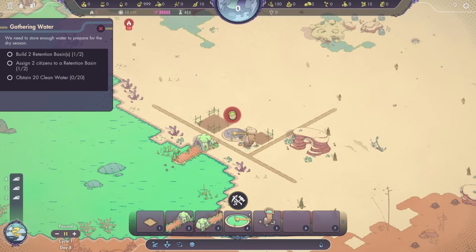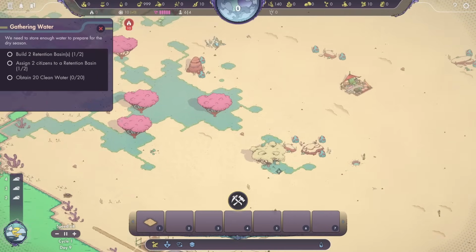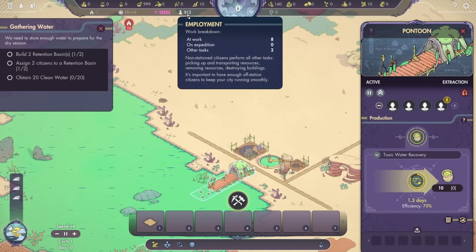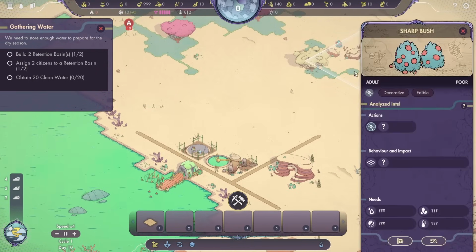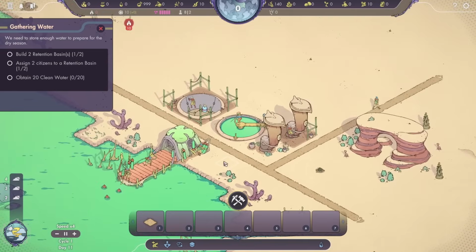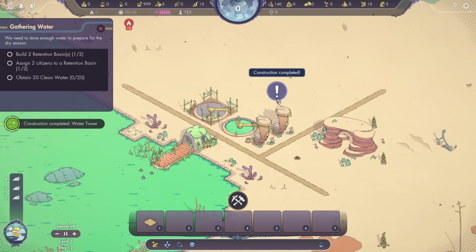Okay, so what else is this? Homeless citizens. So what do we have? Storage, water, resource mining, extraction, mobility. So I guess we can't actually get my people to build housing situations at the moment. And yeah, we have sharp bushes. And we have various means of getting food and water here. But it also looks like I might have infinite medicine